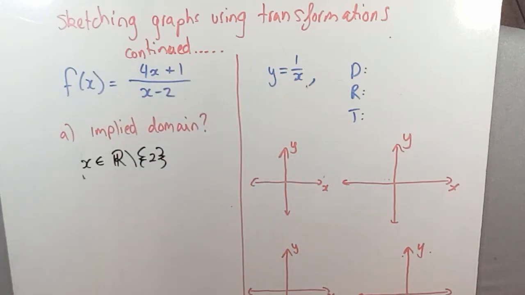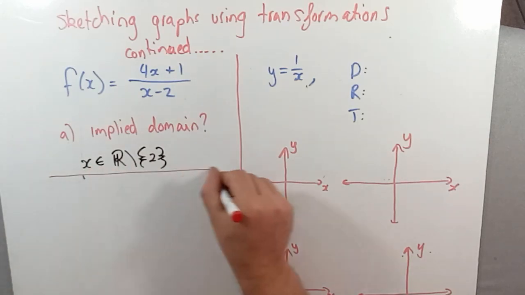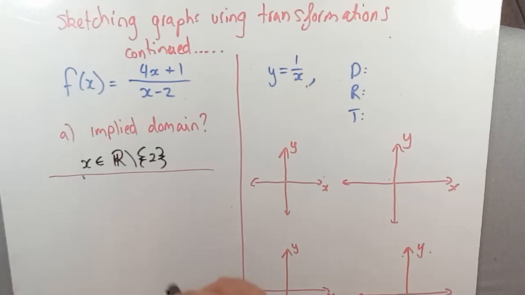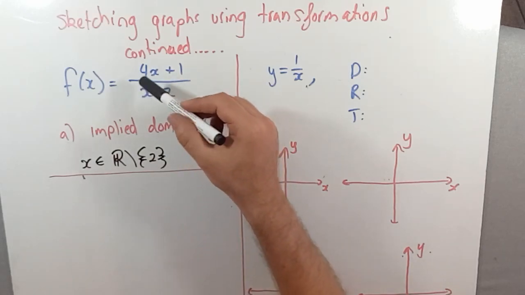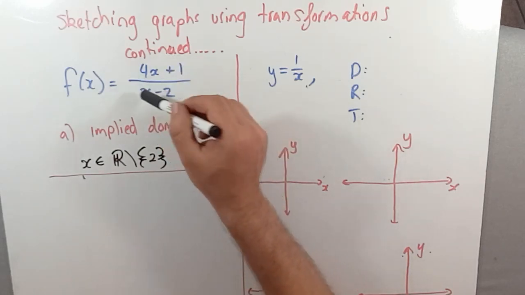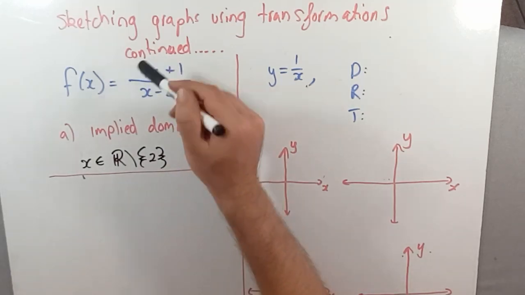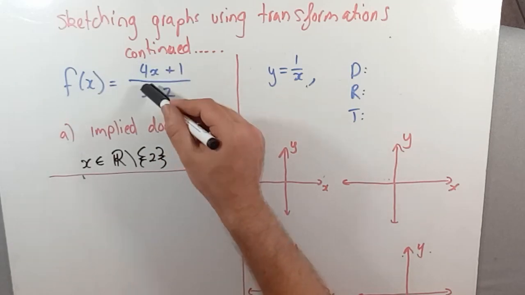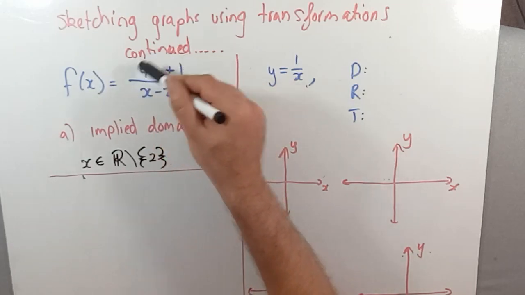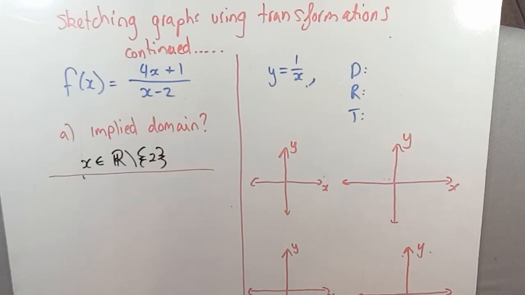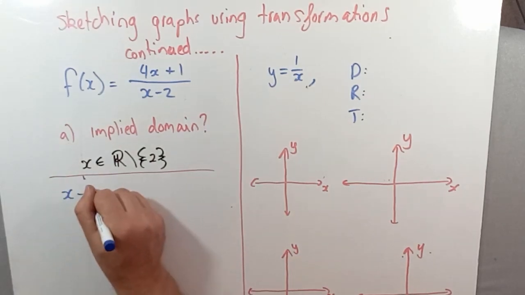So what transformations are going on here? This is a bit tricky. We're going to have to do something a bit different here to work out what the transformations are. The trick to this one is to notice that this is a linear on the bottom and a linear on top. These are of the same power. So if the power on the top is greater than or equal to the power, or the order, on the bottom, so this is linear and this is linear, then you've got to really do the long division to work it out. But when we do long division for a linear on a linear, it's quite an easy thing to do. So x minus 2,